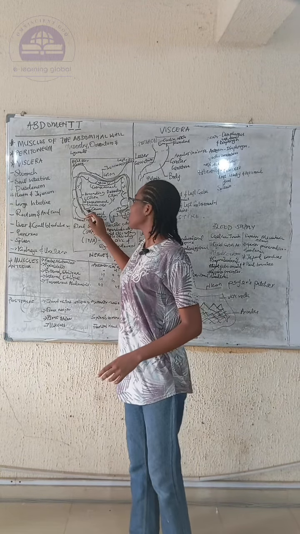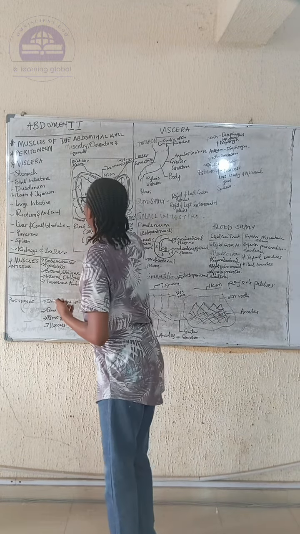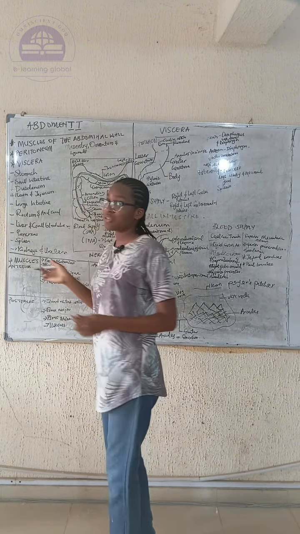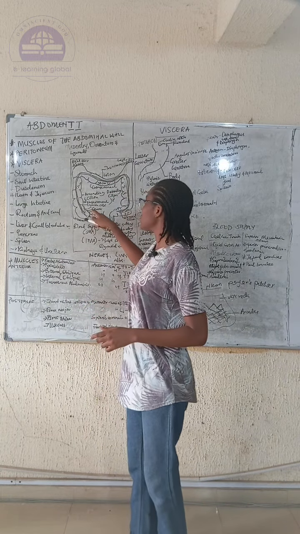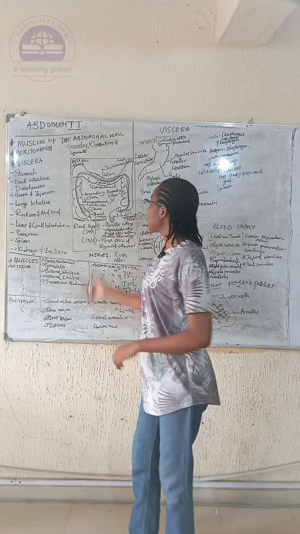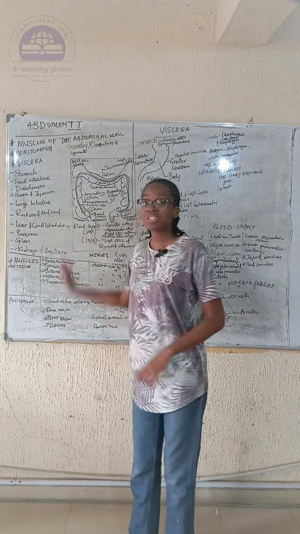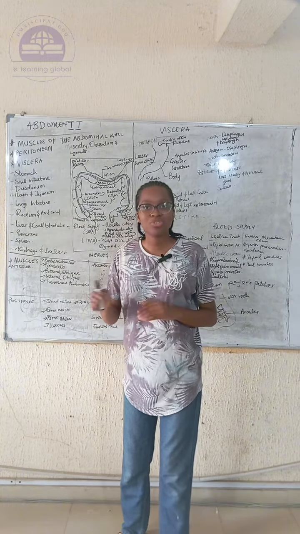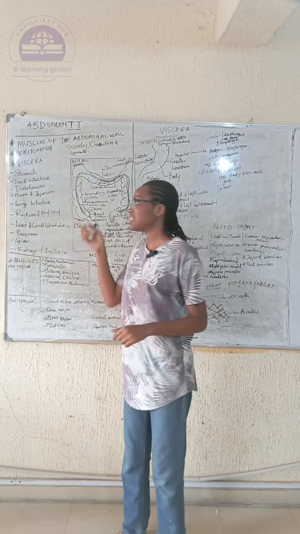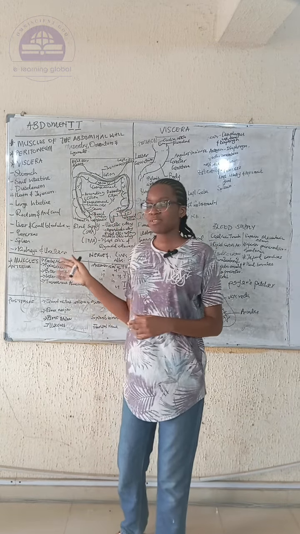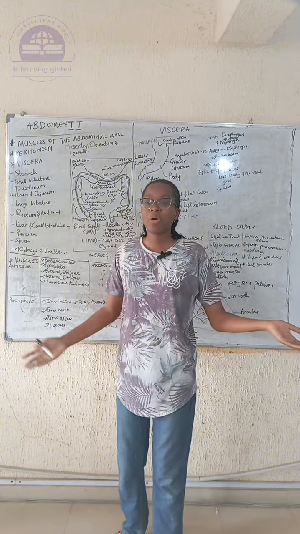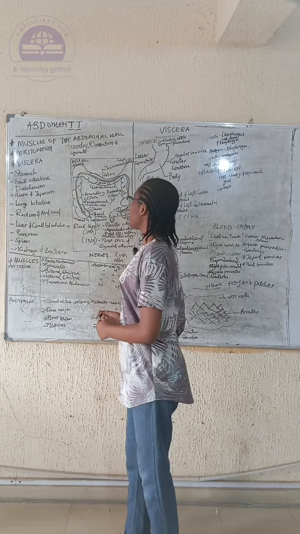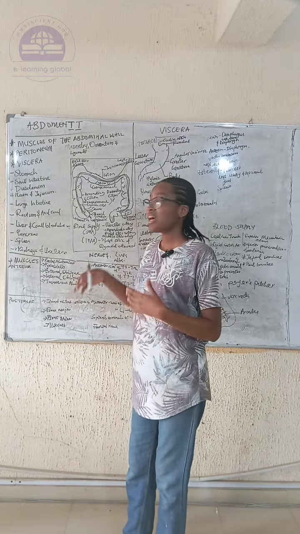So it can be posterior to the ileum. I tried to show the ileum entering here. This is the ileum here, and then there's an opening here that I'll talk about very quickly. So the appendix can be posterior to this ileum, it can be anterior to the ileum, it can be below the cecum, it can be posterior to the cecum. So it can show in several ways. What I'm trying to say is that everybody's appendix does not have to be in the same position. A knowledge of this will actually help doctors so that when they see that this person's appendix is not here, they will not say this person is abnormal, because the appendix has different positions in relation to the cecum. So it leaves us to talk about some things like subileal, periileal, and